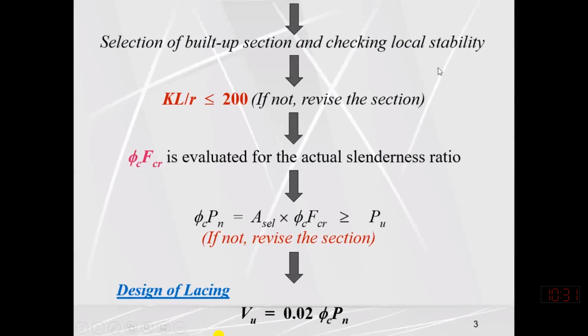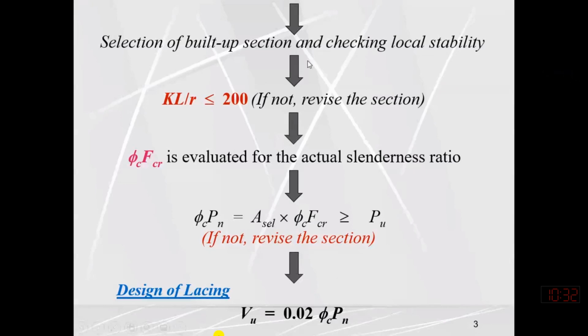And our trial section will be based upon certain conditions. The area of the selected section should be approximately equal to or more than the required area. It should be of minimum weight, and the minimum criteria should be satisfied. Those are the three criteria. If we need to control the depth, or if you want to select the W section, that criterion may not be used here. So primarily these are the three criteria.